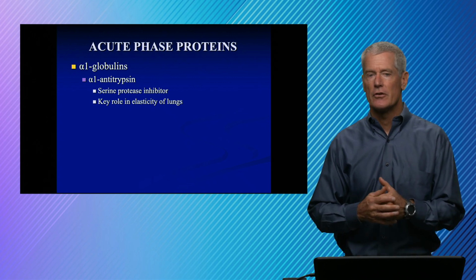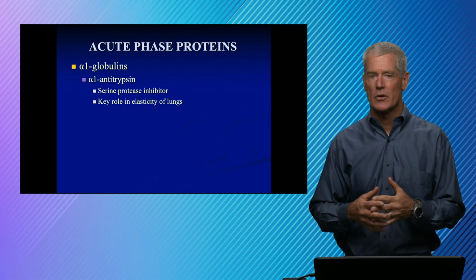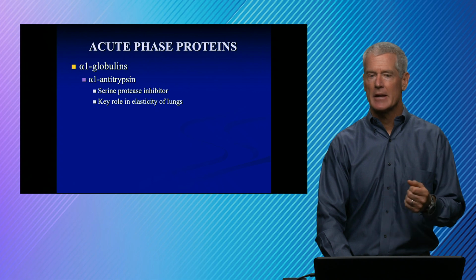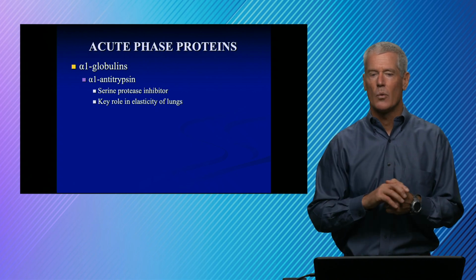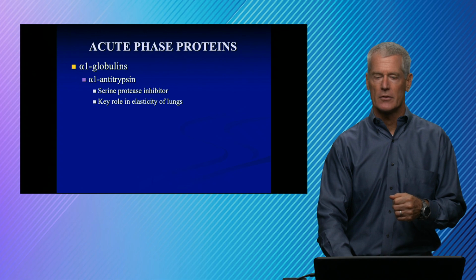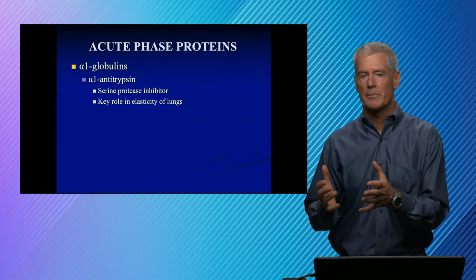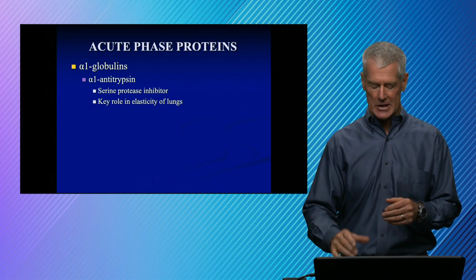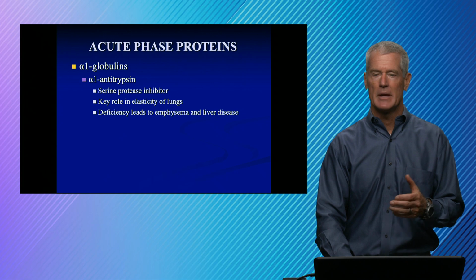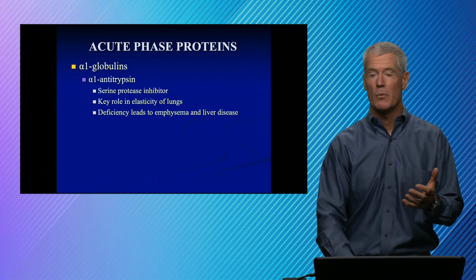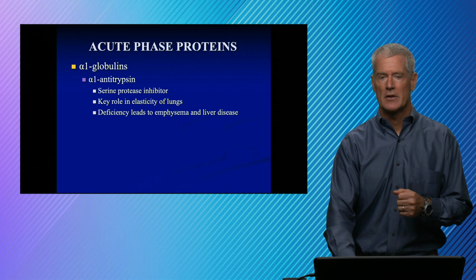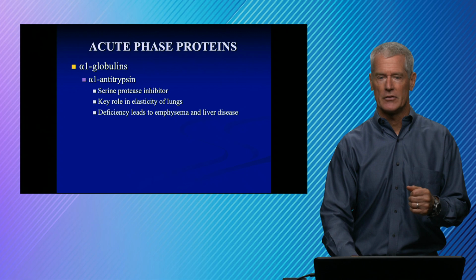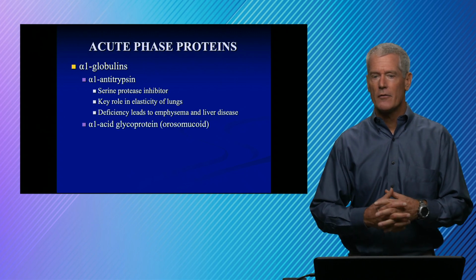It is decreased in certain genetic conditions, so alpha-1 antitrypsin deficiency. There's a variety of forms of that. Can be picked up by basically a flat alpha-1 peak on serum protein electrophoresis. Again, if we suspect an alpha-1 deficiency, we can use an immunoassay and quantify directly how much alpha-1 antitrypsin is present, which is a lot more accurate as a quantitative test. So if you have an alpha-1 antitrypsin deficiency, that's associated with emphysema and liver disease. The other alpha-1 glycoprotein